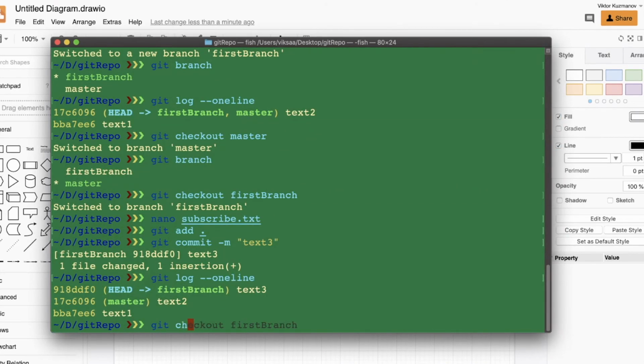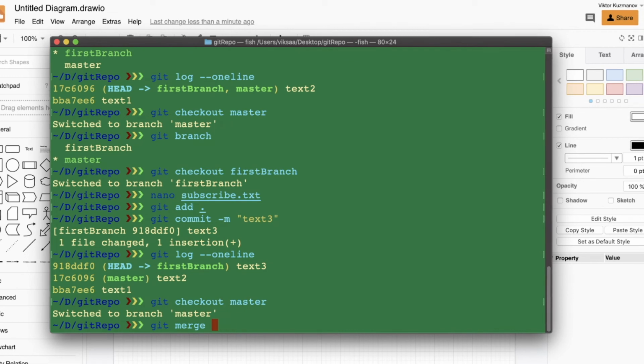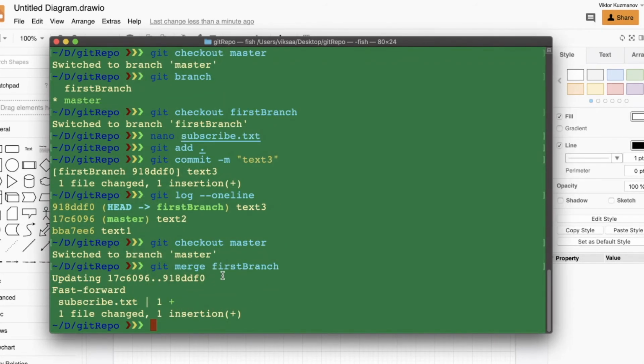So you'll do a git checkout master, and then type in git merge and then the branch you want to merge into the current branch you are in, which is master in our case. So you'll type in the name of our branch, which is first branch,